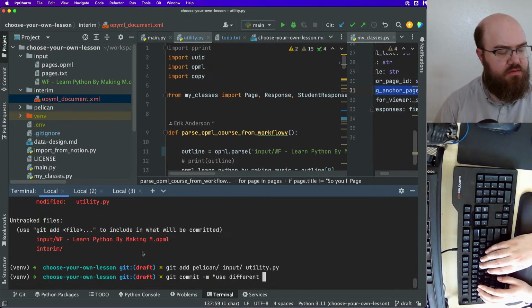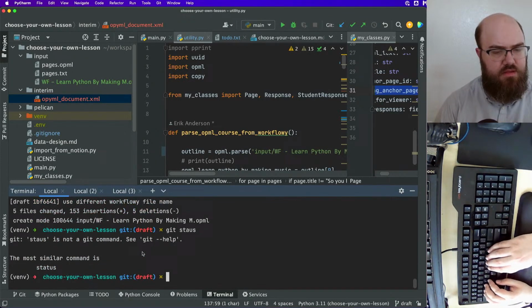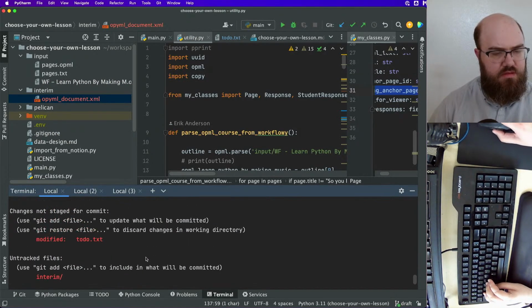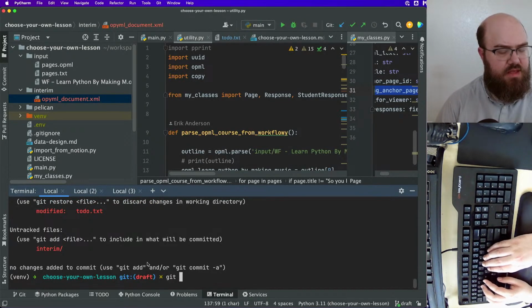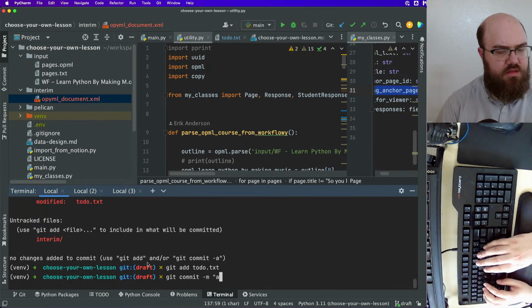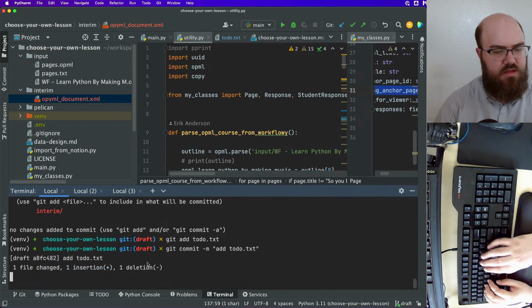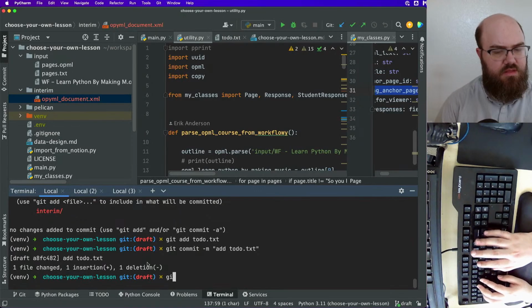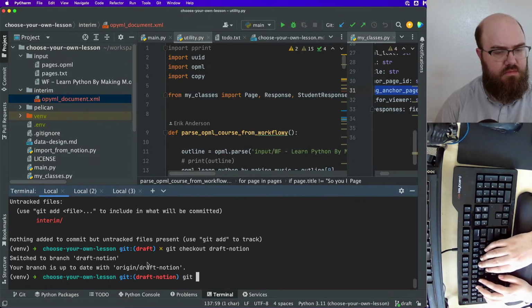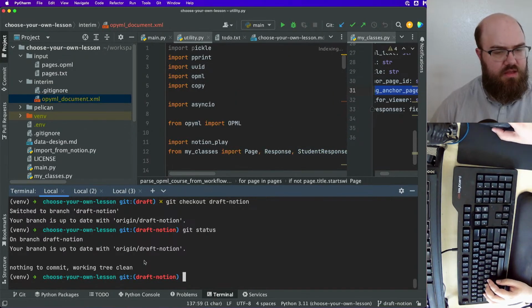Use different workflowy file name, and get status. We're gonna add to do text. Commit add to do text. Let's get check out draft notion. And does it preserve the